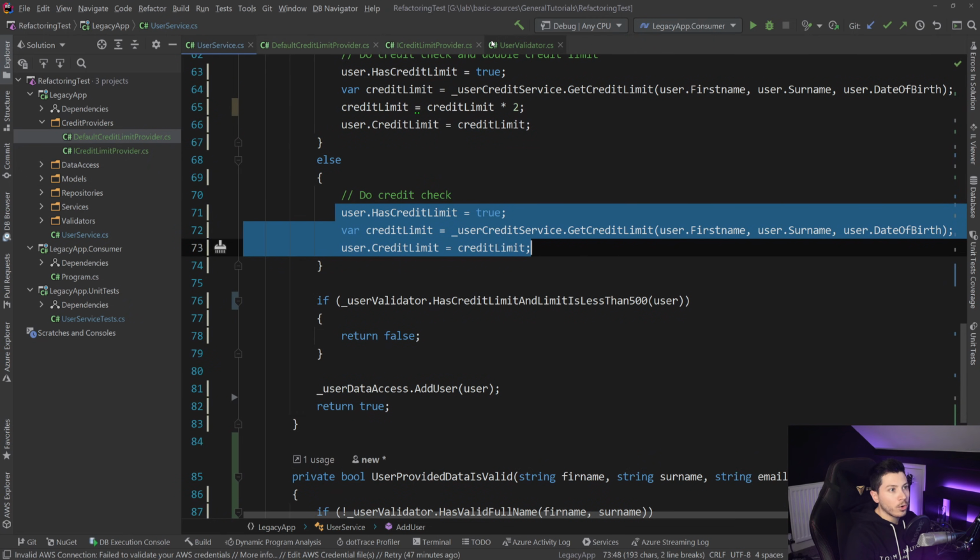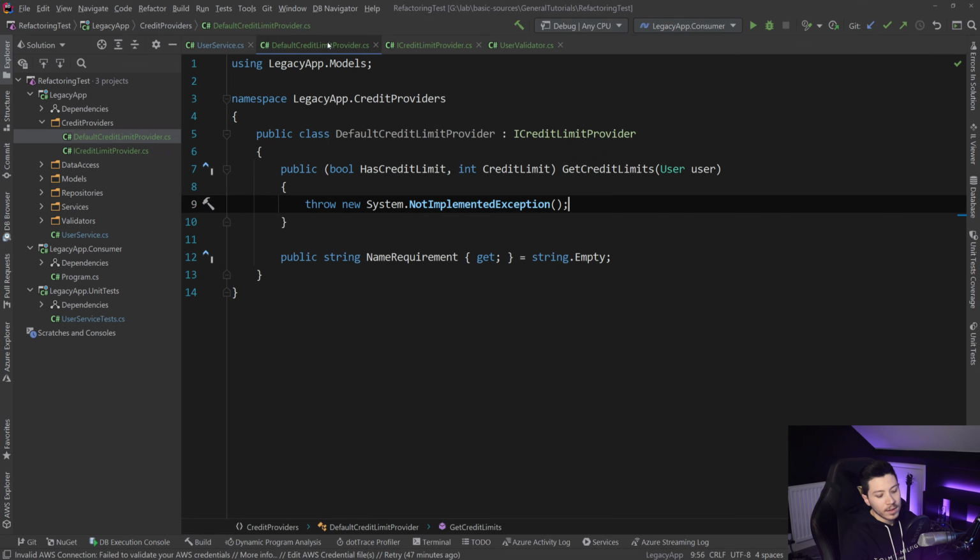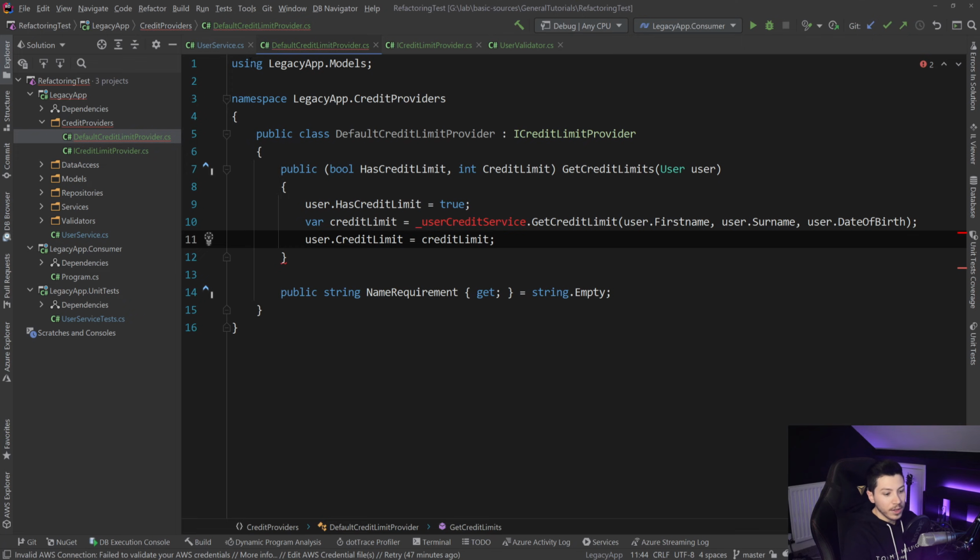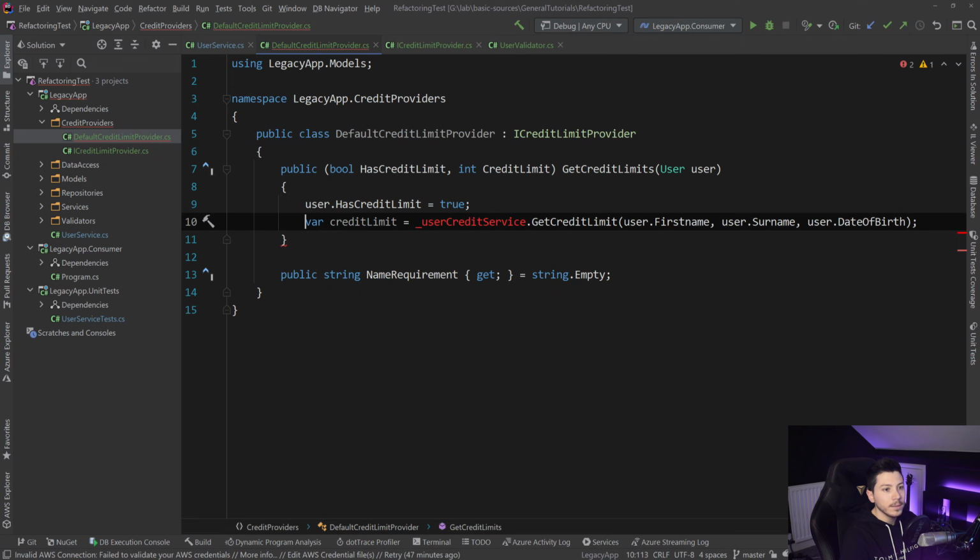method will be pure, meaning it won't be assigning anything to the user. It will just use the user as an argument, and the assignment will happen in the user service itself. So the responsibility of the provider is to provide the data, not to set anything. So this line, bye-bye. The only thing I'm gonna say is var credit limit equals this, and now I need